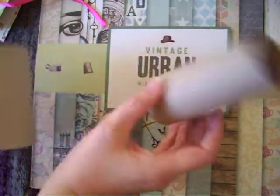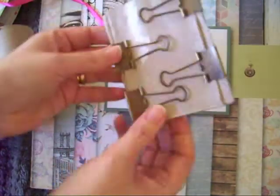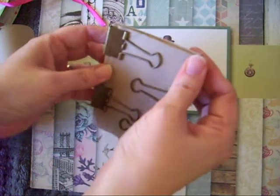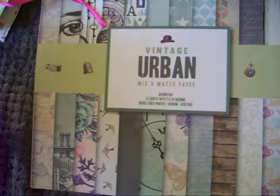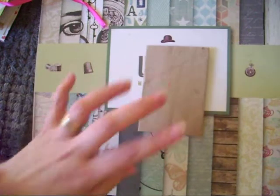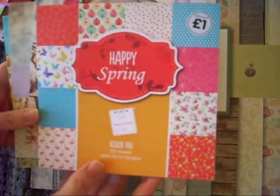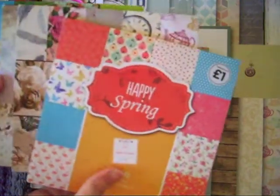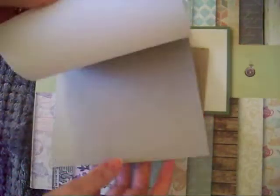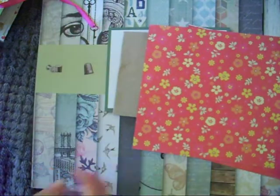So what you will need is an inner of a toilet roll. This is how I flatten them. So this is the next set ready to be flattened, or they are flattening. I put them in last night. So I have one here flattened, and then these little 6x6 paper pads. I think I got most of these in the works. Never really know what to do with them. They're too small for most things, so that's what I've used for the paper on the front and in the inside. So you'll need 2 bits of paper,